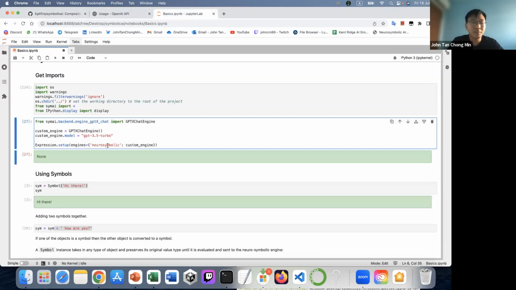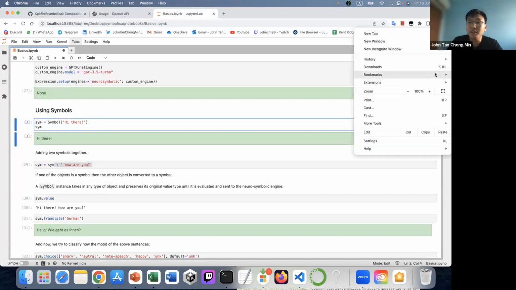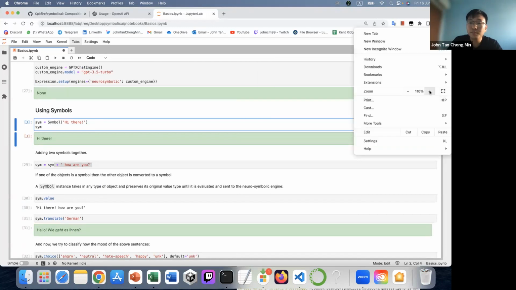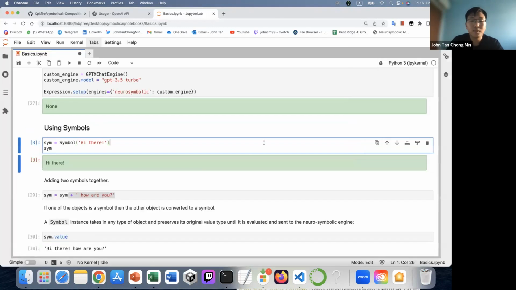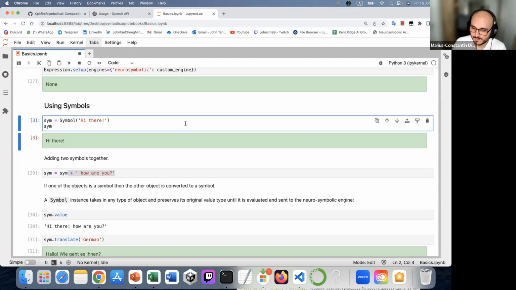So let's just set up and first describe what a symbol is. You all might be wondering what a symbol is. Let me just expand this view so that you can see this more. Let's go to Zoom. Can you see the screen? Yes, great. So a symbol is basically a way to store information, and this information could be in the form of text,